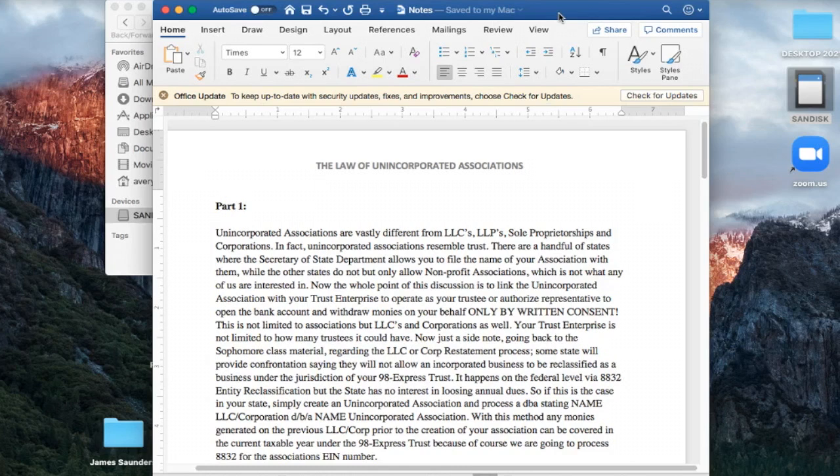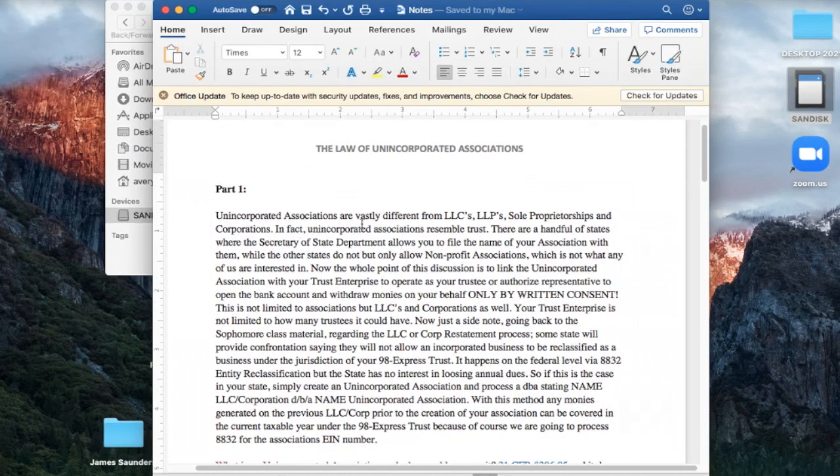So if you have not reached that yet, finish the freshman, get to the sophomore class, proceed to finishing your estate EIN entity reclassification procedure. Please do that because that's going to lead us into some additional information in the future with that EIN number, such as building credit and setting your trust up to do what's called an abandonment of property claim. Okay, we'll get into that in the future, but for now, finish the sophomore class and now you can proceed to this right here. So part 1,